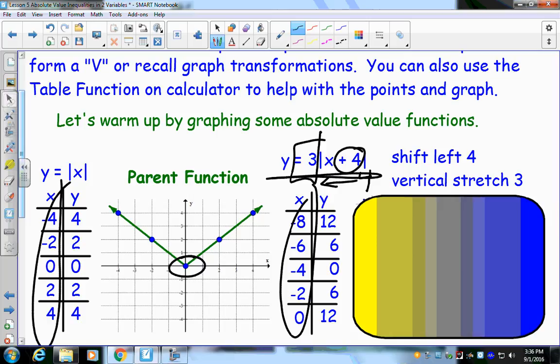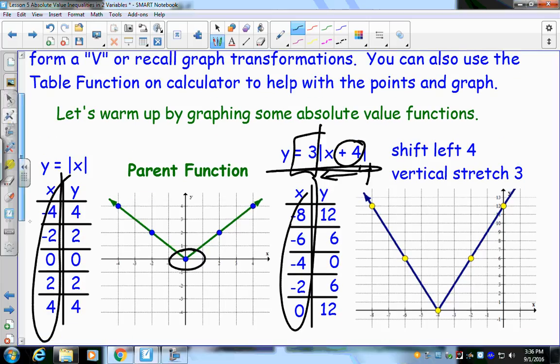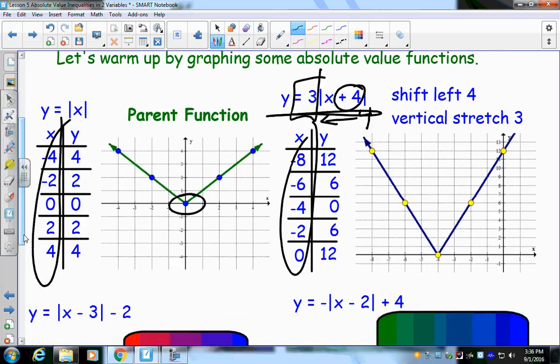So let's look at our graph. Here it is. Once again, you could have used your table of values, or you could have realized, here's my original parent function. In the parent function, I start at (0, 0), and I'm going up 1 and over 1 in both directions. So I can take that vertex point and shift it to the left 4, which gives me this point right here. Now, as opposed to going up 1 and over 1, I can take this dilation factor, the number in front,